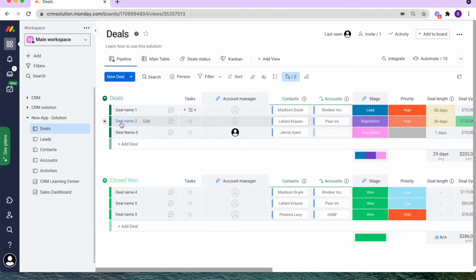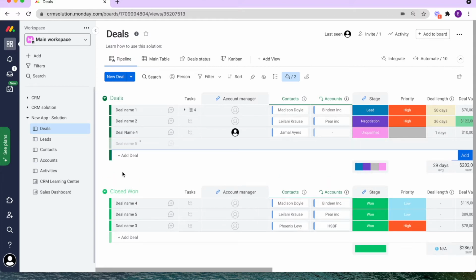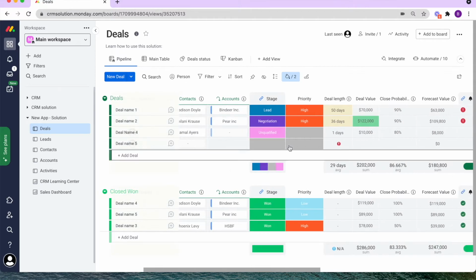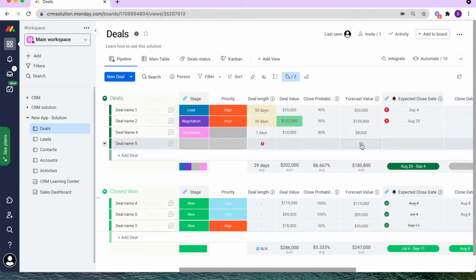Within every board, you have an item and you have corresponding columns. An item can be a topic. So in this specific situation, it's a deal. And with that is different columns of different sets of information. So here, the specific information is the account manager. Over here is the deal value, and all of this can be customized exactly to how you want it to